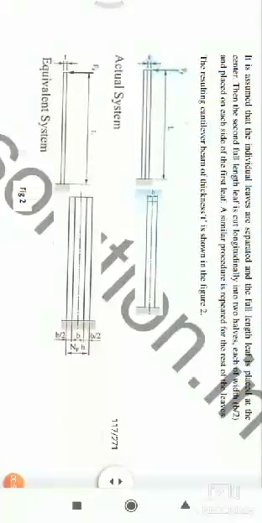Continuation of the previous lecture. We have gone through finding the bending stresses and displacements in graduated leaves and full length leaves, and it is also proved that sigma_bf by sigma_bc equals 1.5. That means the stress in full length leaves is 50% more than in the graduated leaves. It is proved.